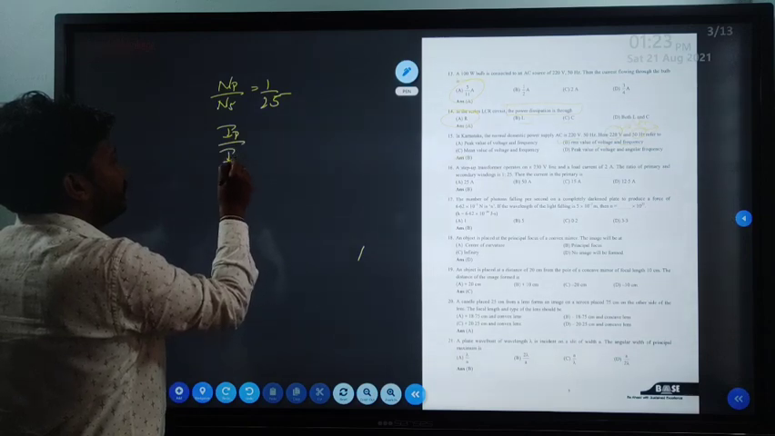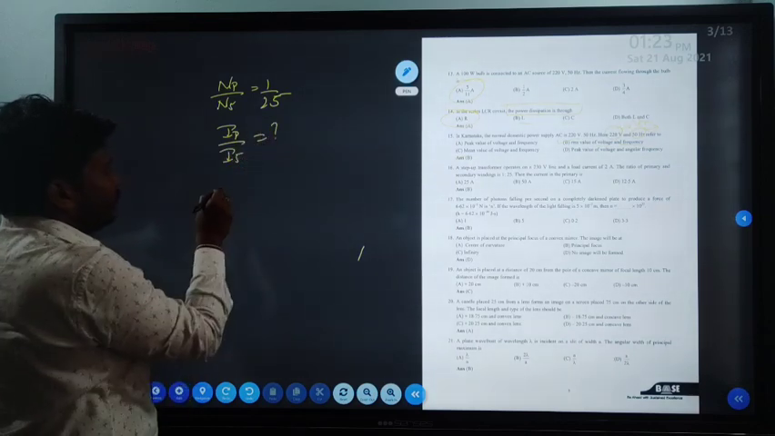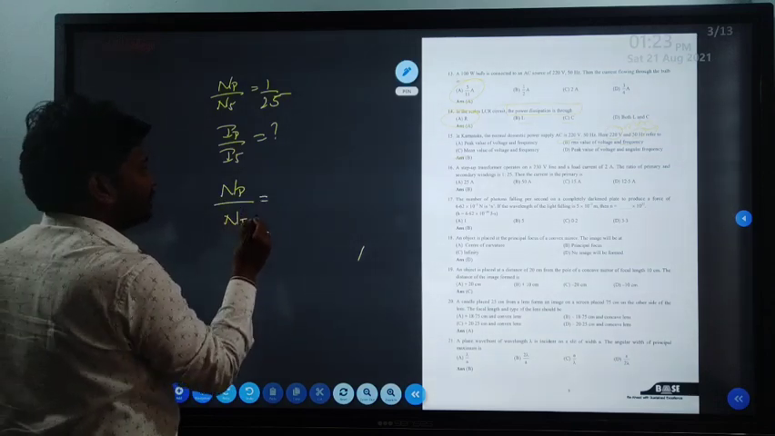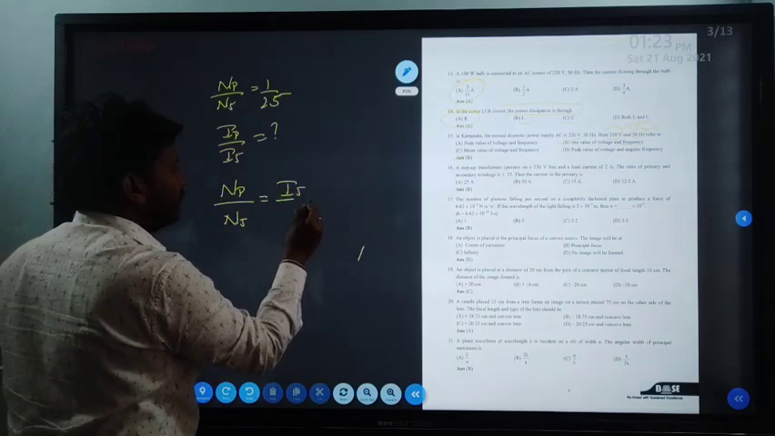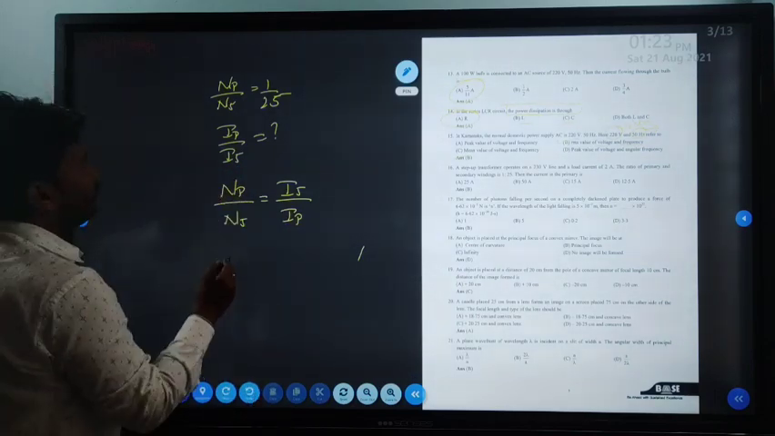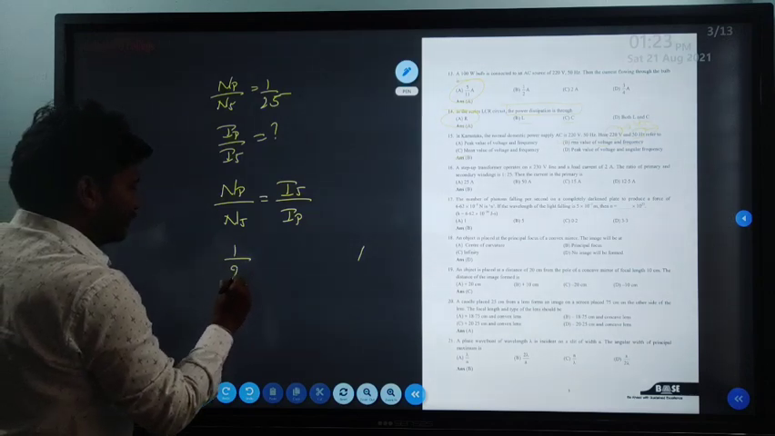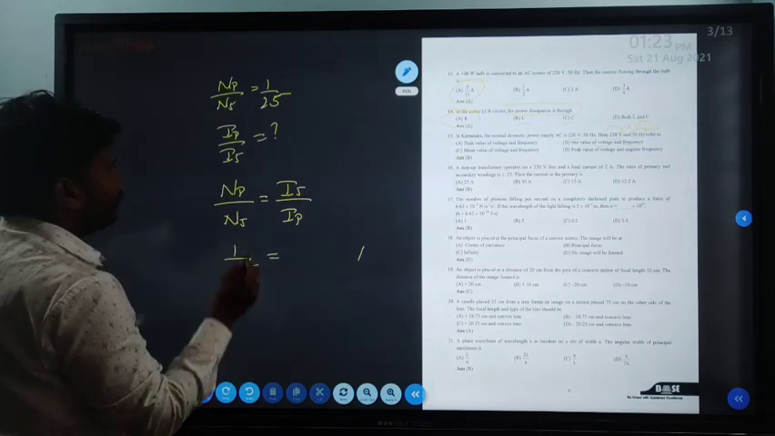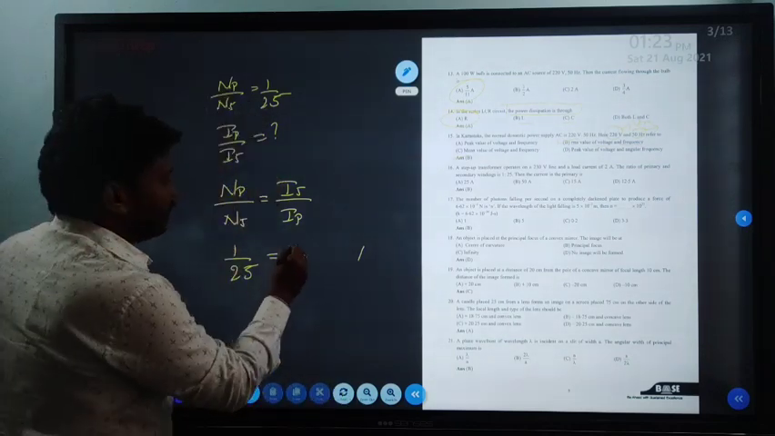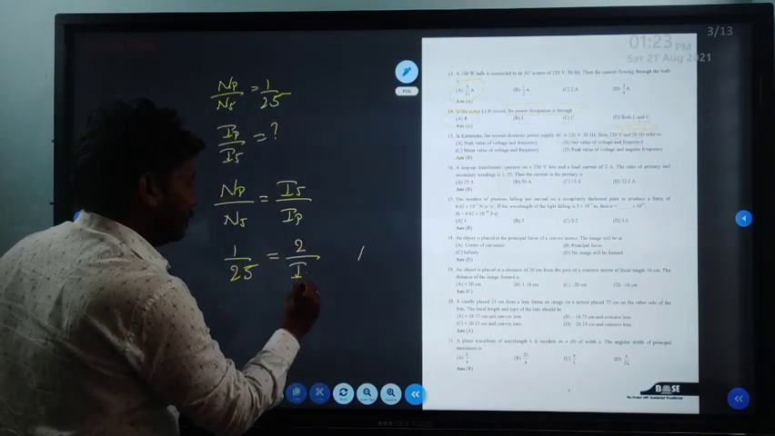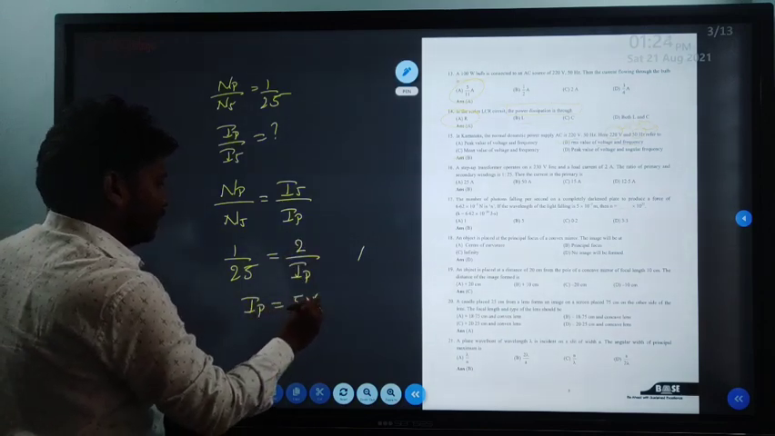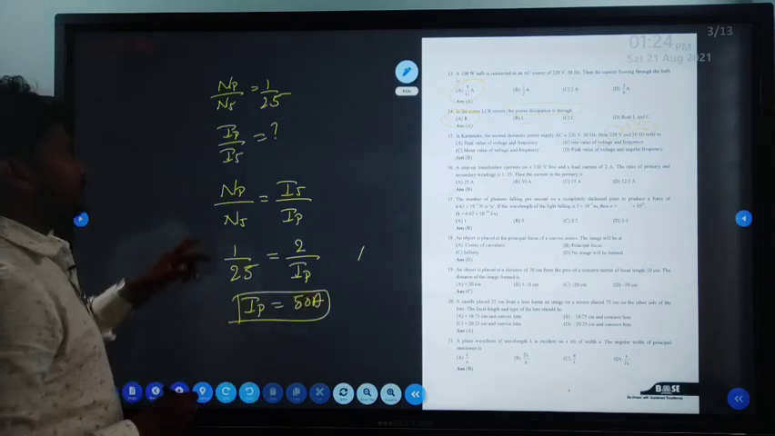What is the relation here? Number of turns in primary divided by number of turns in secondary, which is equal to current in secondary divided by current in primary. They mentioned that n of p by n of s, which is equal to 1 by 25, and they said that current in the secondary coil is 2 ampere, current in the primary coil is I of p, which is equal to 50 ampere. So from that it